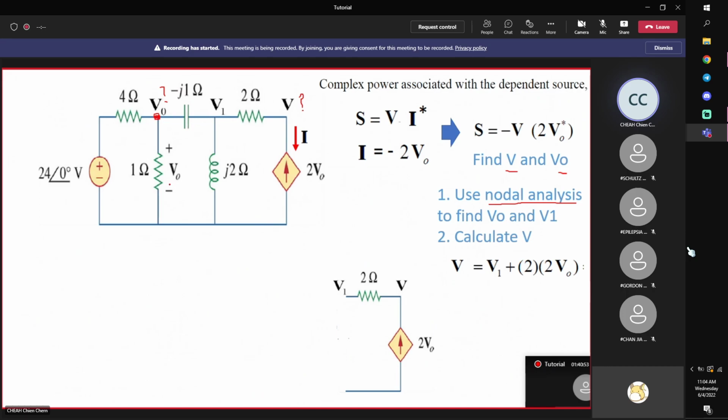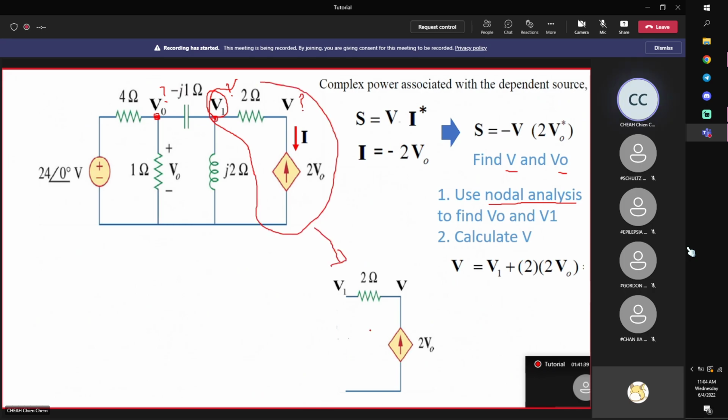Basically, V0 is this node voltage over here. V1 is the node voltage I define for this unknown node. V0 is what we want, and V is also what we want. So I will just use V0 and V1 to solve the problem. The reason I do not define V as my node voltage is because V is related to V1 and V0. If I look at this part of the circuit,